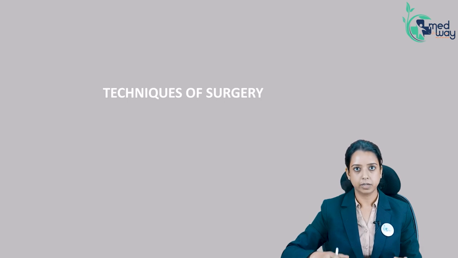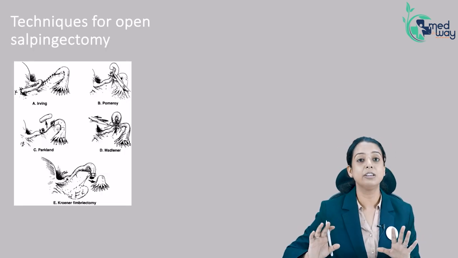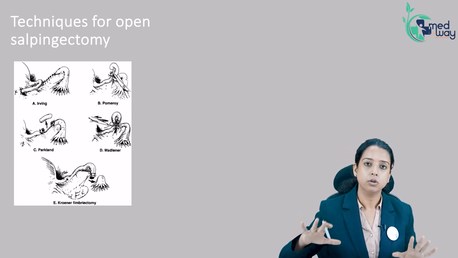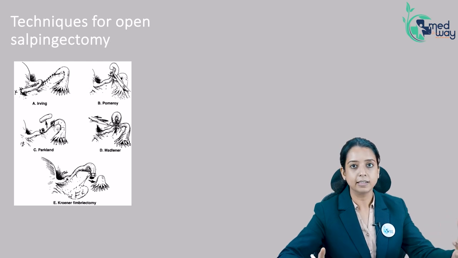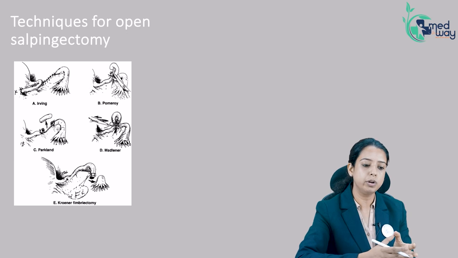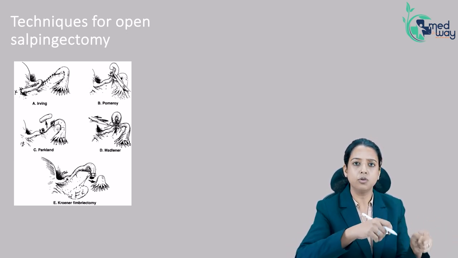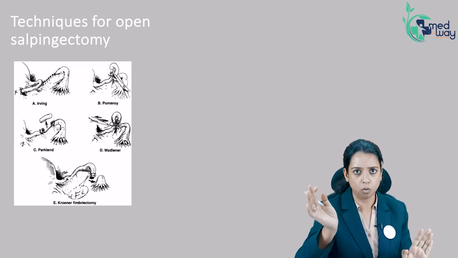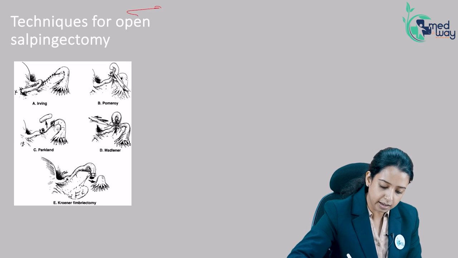Now, techniques of surgery. We saw the different timings when tubal sterilization can be done. As the timings are different, the incision size is different, and obviously techniques are different. When you are doing tubal ligation during a laparotomy, the whole uterus is in front of you, the tubes are in front of you, you can tie them in whatever way you want. So there are different surgical techniques to be used during the laparotomy.